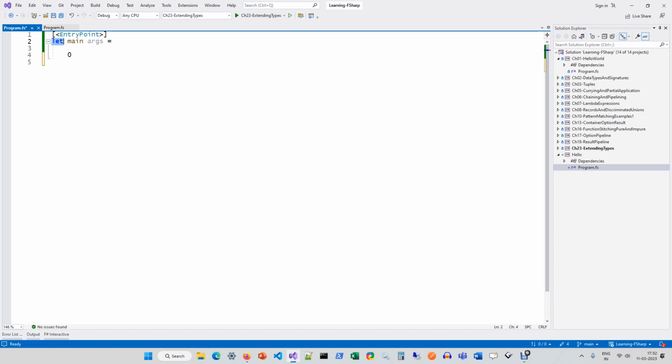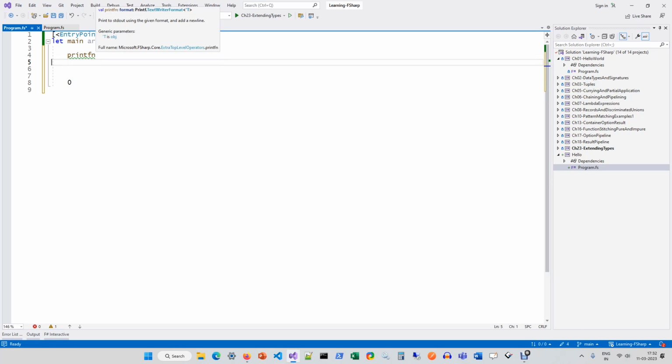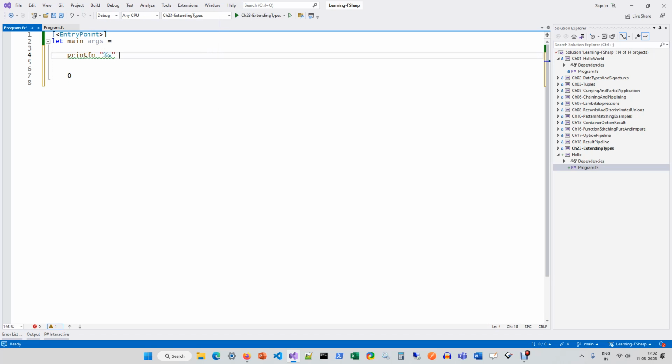Entry point means that this particular function is the entry point for this program. And here comes a simple print. So the print function in F sharp is very close to the print function in C. So printfn, we need to add a trailing slash n at the end. Percentage S means whatever comes after the format specifier is a string. Here, this is my first message for the world. And if I run it,